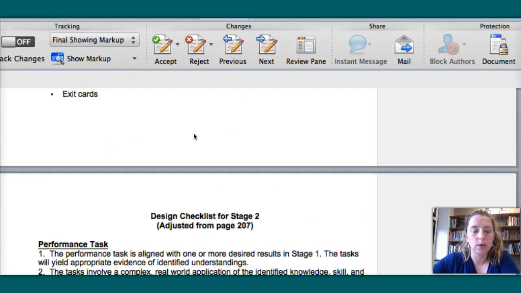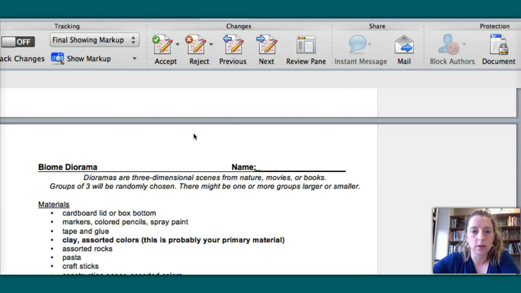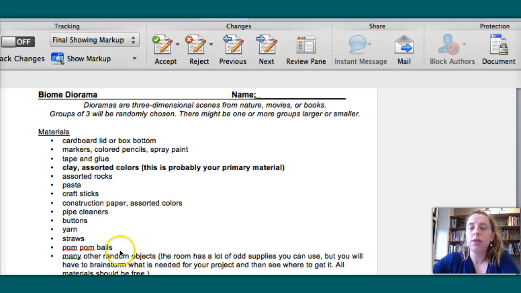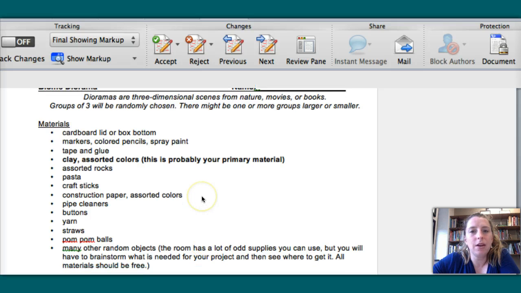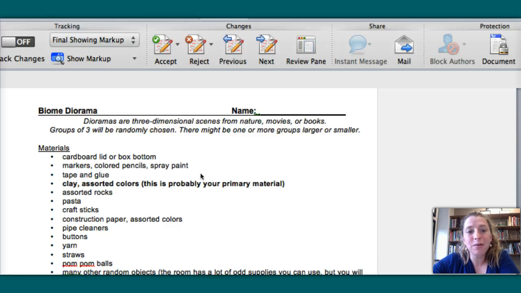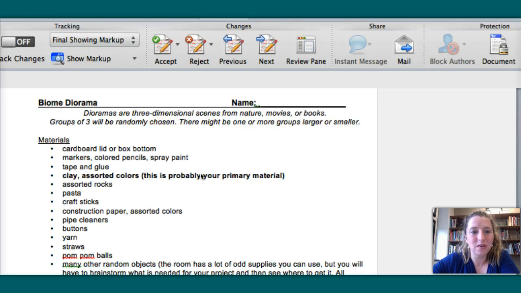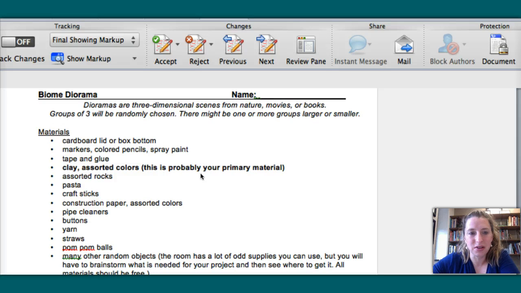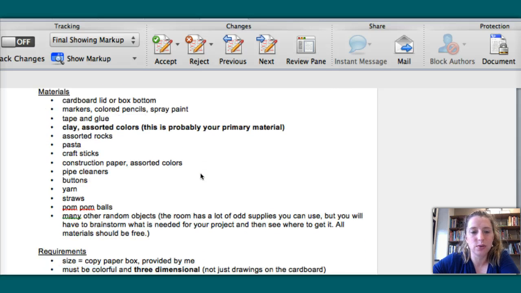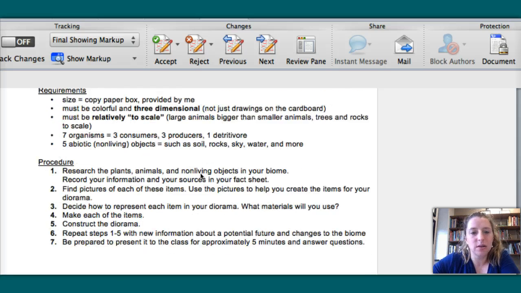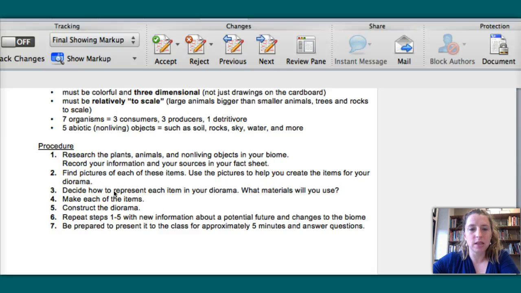And this is where you get to see, hold on, let me scroll down a little bit. Here's the actual thing. It is a really neat assignment. I just keep coming back to the idea, is this the most efficient way for them to demonstrate they know this material? But I think that it is. So I don't want to say that it's not. I would like to do this assignment. It sounds wonderful. So they get to be a little creative in what types of materials they're going to use to build it, and they have to research the plants and animals, and they have to, what I think is